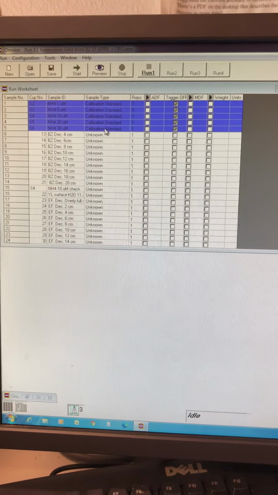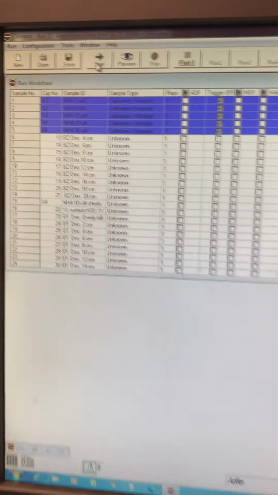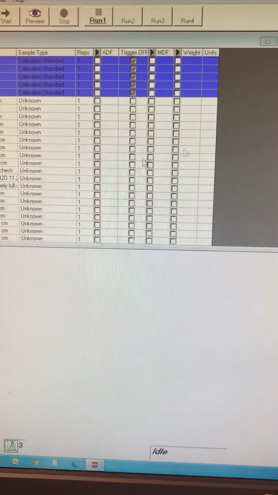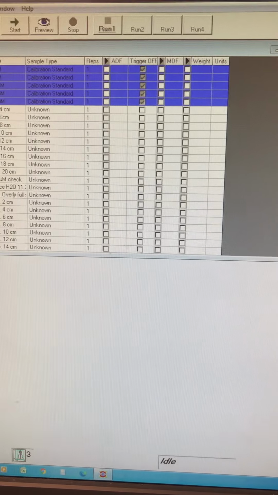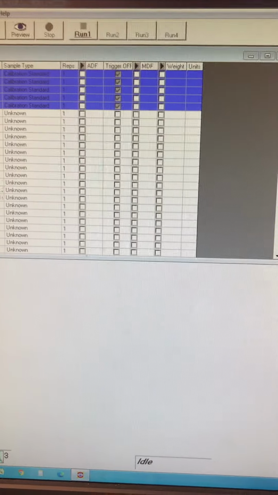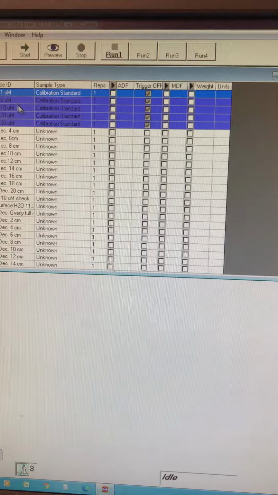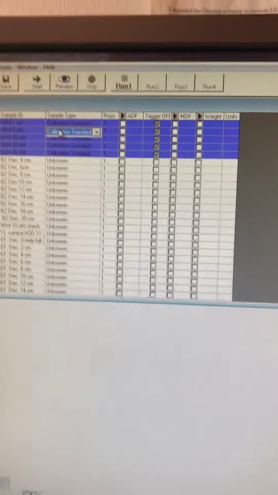However, some of the important things to note can be shown in this file. Start to start the current run. So you would want to make sure that you have this field, or these fields edited. The sample number is always, that part is set. Like you can't really edit this part of the field. However, you can edit what is in here, and you can edit this type of standard.